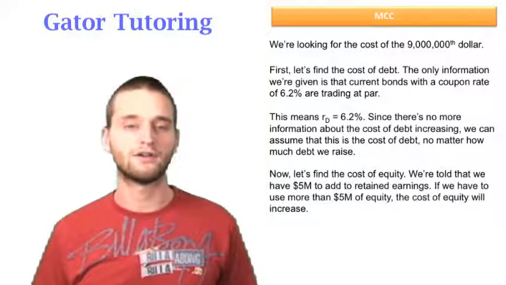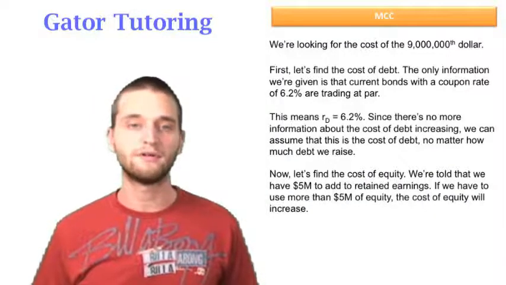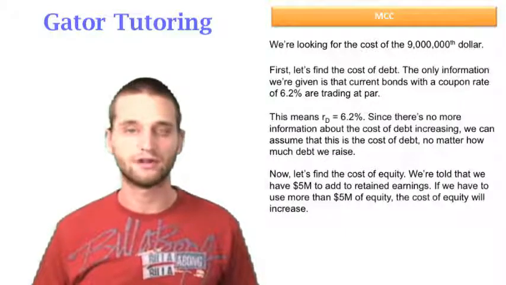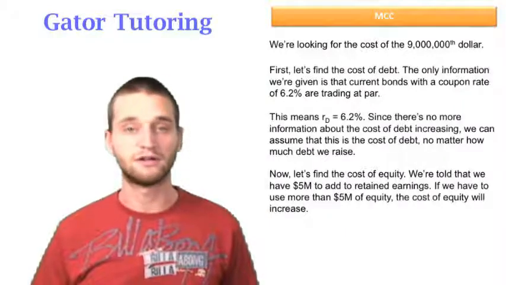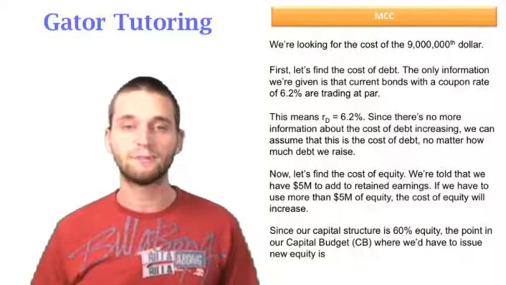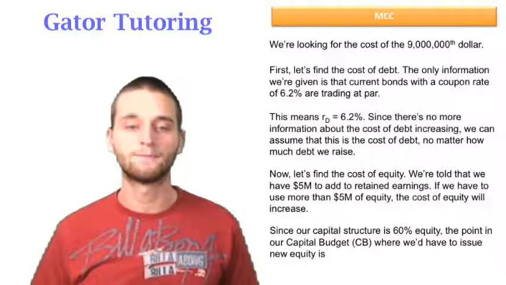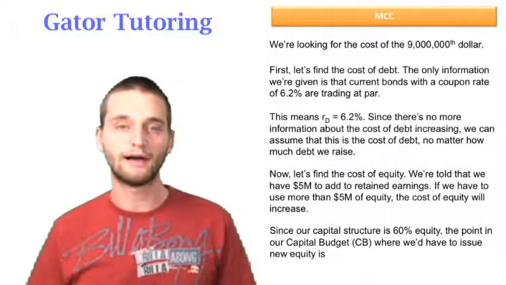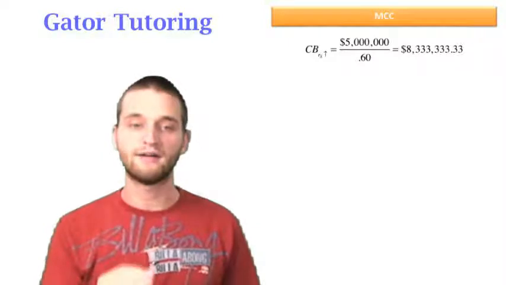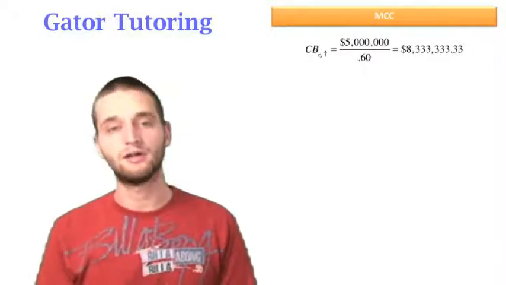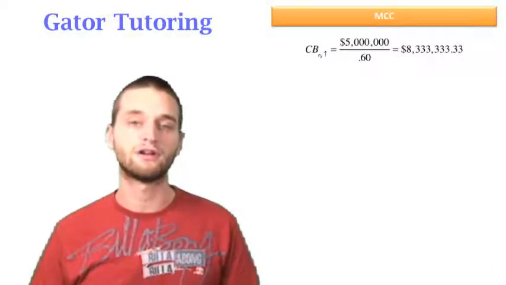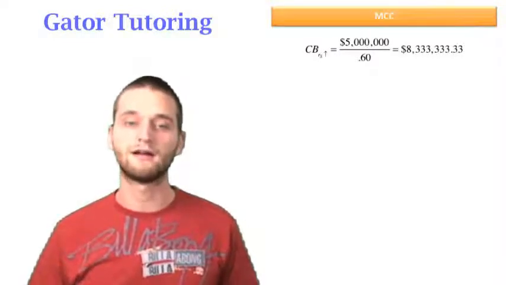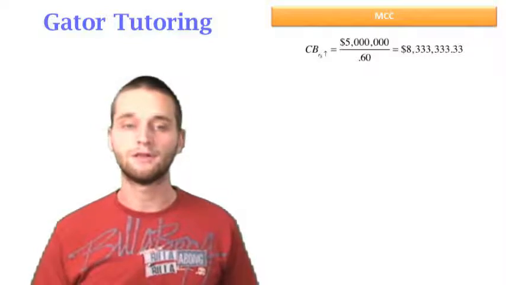Now let's find the cost of equity. We're told that we have $5 million to add to retained earnings. If we have to use more than $5 million of equity, the cost of equity will increase. So since our capital structure is 60% equity, the point in our capital budget, CB, where we'd have to issue new equity is the $5 million breakpoint when the cost of equity increases, divided by the percentage of our capital budget that is equity, so divided by 60%. And we get a capital budget of